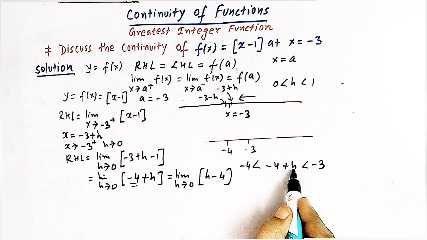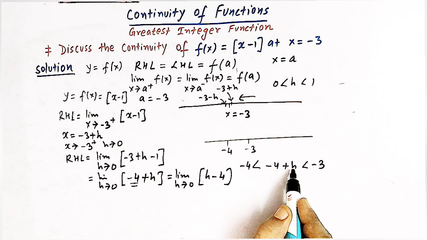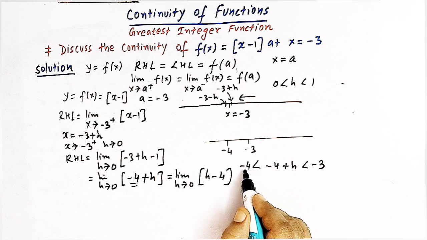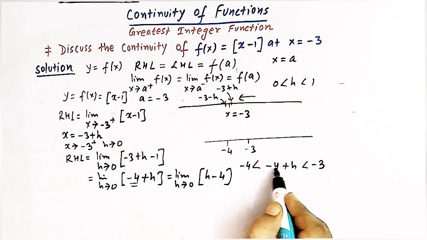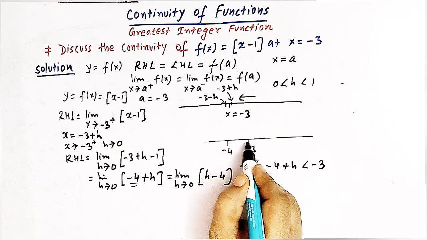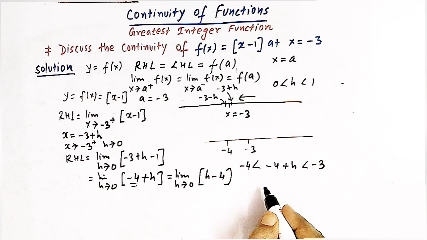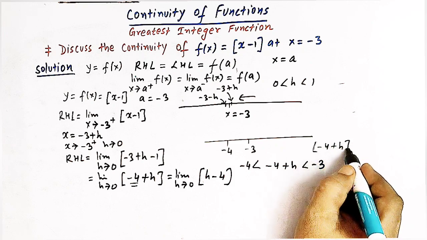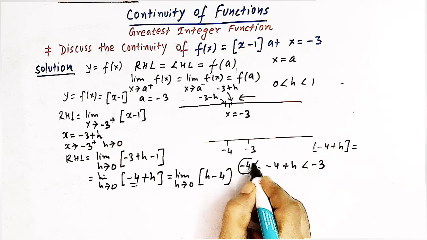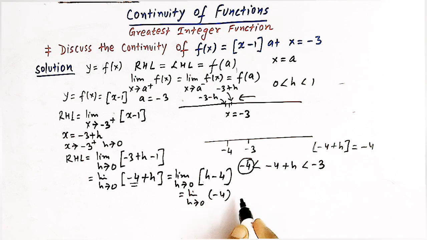So when we add h, which is a positive quantity, to minus 4, then minus 4 plus h is greater than minus 4, but it is less than minus 3. So minus 4 plus h lies somewhere between minus 4 and minus 3. And by the definition of greatest integer function, the greatest integer of minus 4 plus h is equal to minus 4, right? So now we have limit h tends to 0, and here we have minus 4,